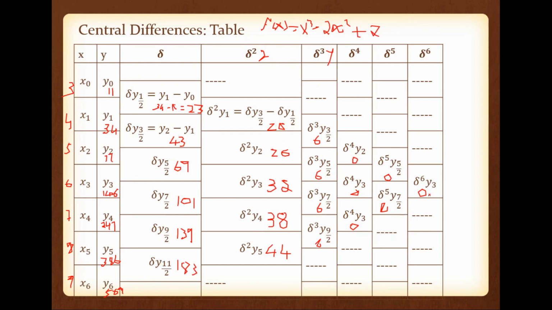So now we need a relationship between central difference, forward difference, and backward difference. If somebody asks what is the corresponding forward difference term of the central difference term delta cube y 5 by 2, you must be able to say what the corresponding forward finite difference element is. So for that purpose we need a relationship.